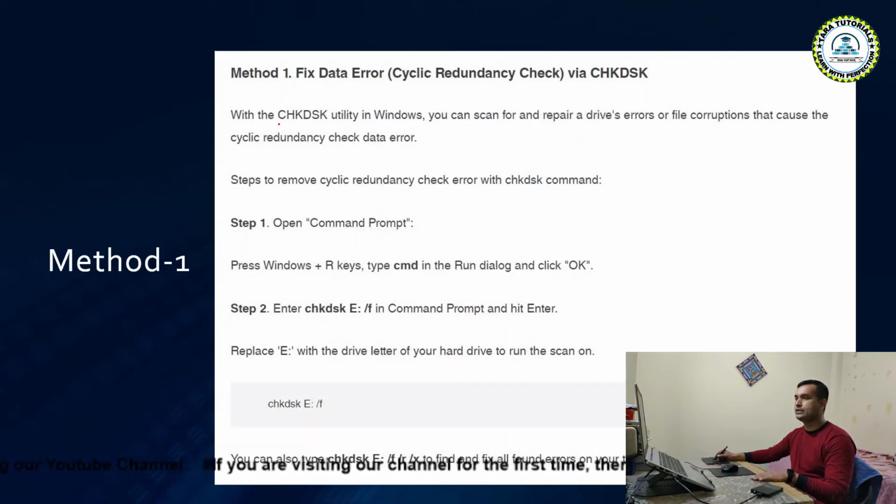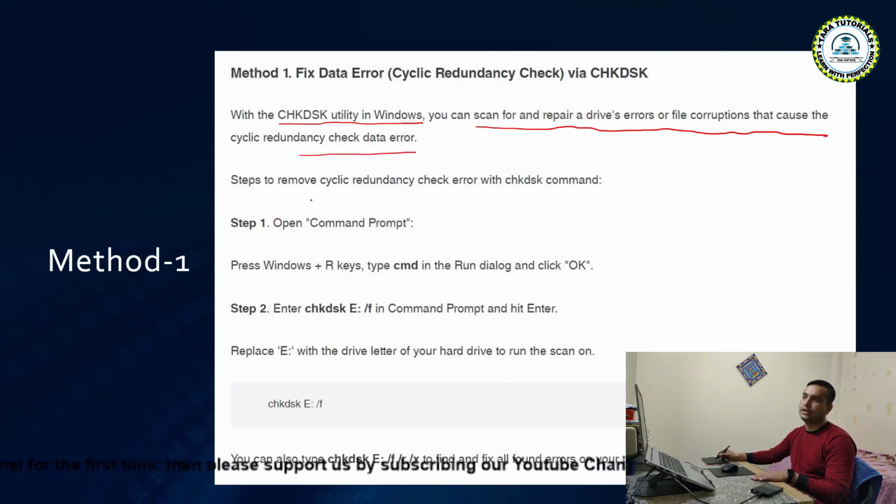As you know, the check disk utility is an inbuilt utility, or facility, given in Windows, where you can scan for and repair a drive error or file corruption that causes the CRC data error. Now, what are the steps to fix the CRC check error with the check disk command? First, you have to open the command prompt. To open it, you can press the Windows key and R together and type CMD,